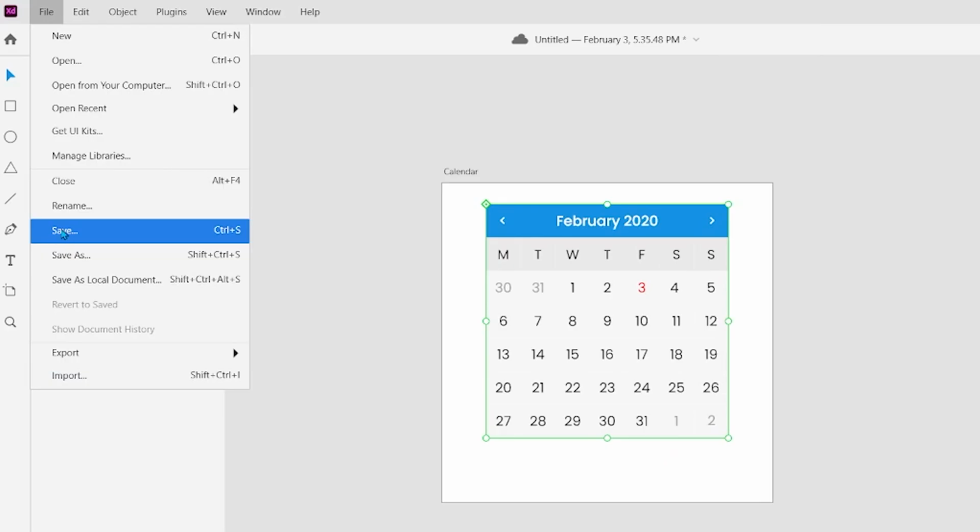Save the project to keep your finished calendar design secure and ensure the file name is clear, the location is correct,